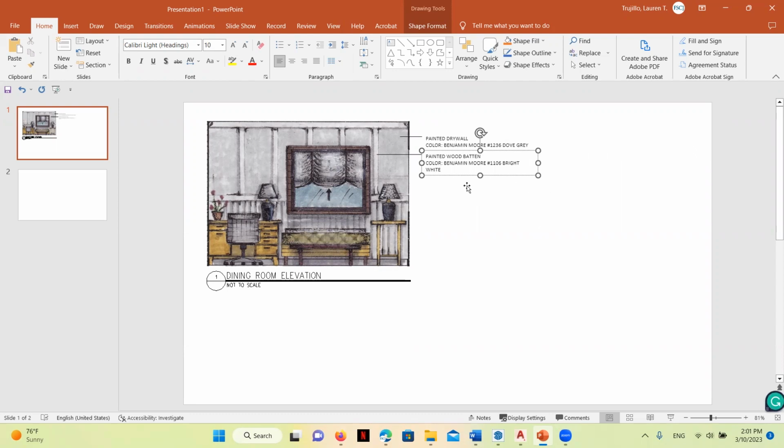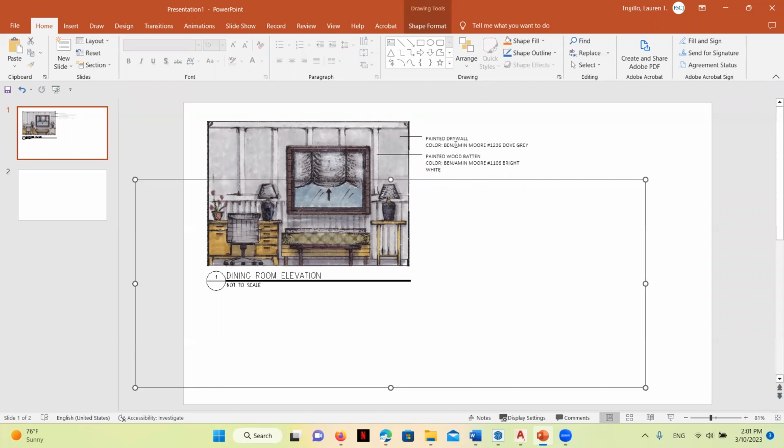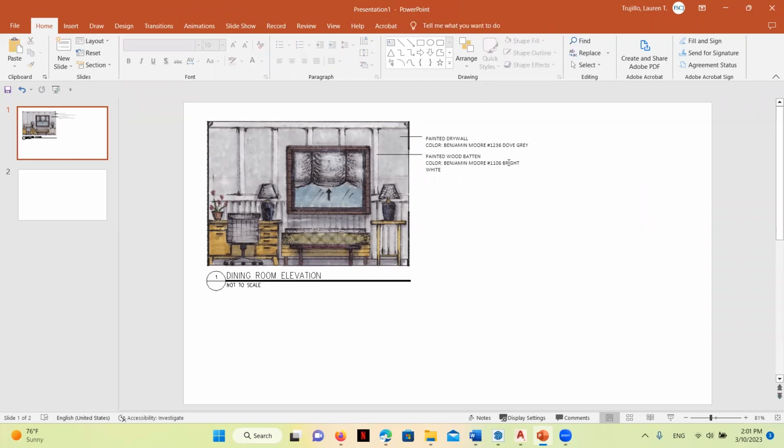You can add as many notes as you want. We just want to make sure that they don't overlap, that there's a little bit of space in between them so that they're easy to read. If you want to make the text boxes a little bit smaller so they're tighter up against, you can just make sure that we add that little space below so that it's easy to differentiate the notes. We also want to make sure that the leader lines themselves don't crisscross over each other.